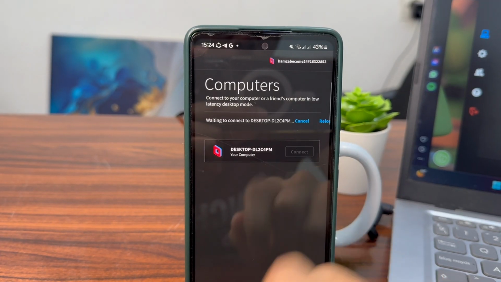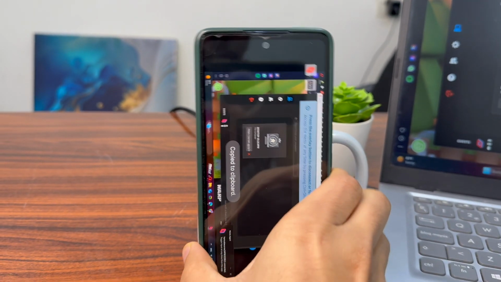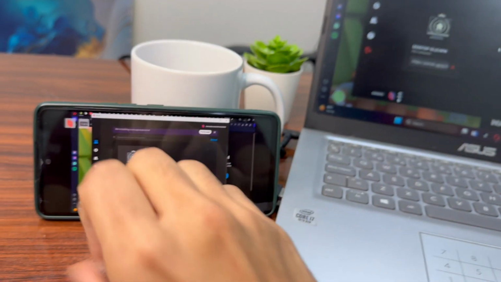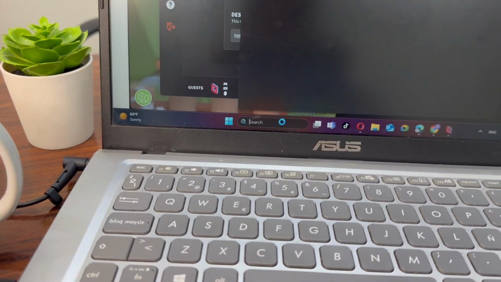Then tap connect. And as you can see here, your mobile will be connected to your computer successfully. You can play any games on your laptop easily on your Android mobile. So for example here, if we open Fortnite,